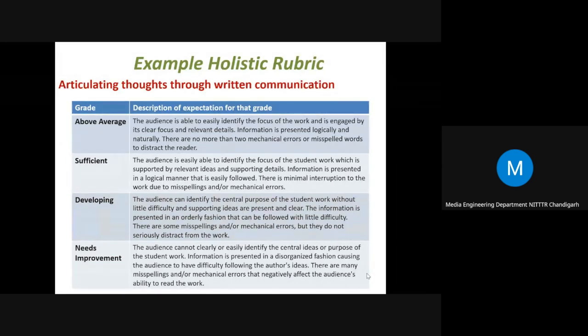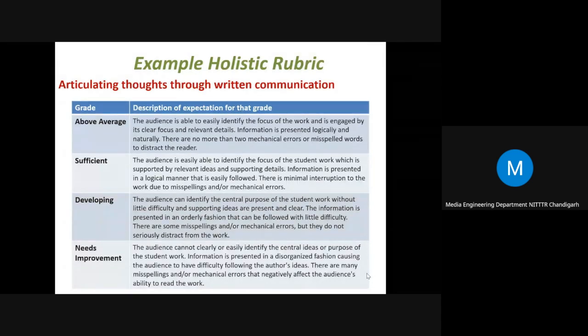Another thing is if the student work is matching with two statements out of three. Say student work is matching with the description of above average for two statements out of three. The first two statements the student work is satisfying, but it is not satisfying the last statement, meaning there are more than two grammatical errors. So will the evaluator assign the above average grade or go to sufficient? That will be a dilemma because out of three, student work is satisfying two, but it is not satisfying three.